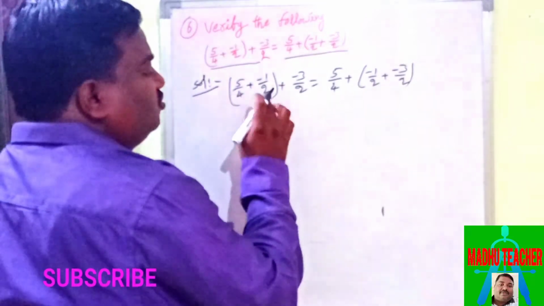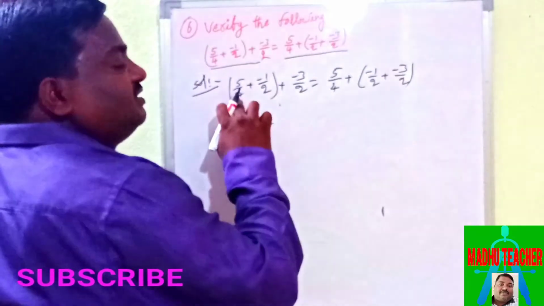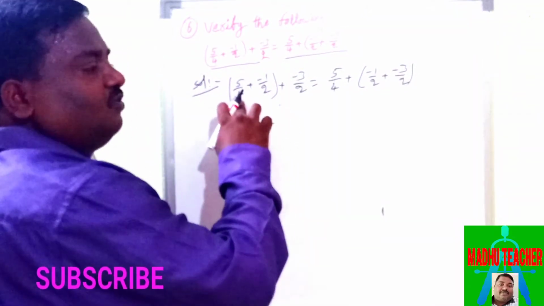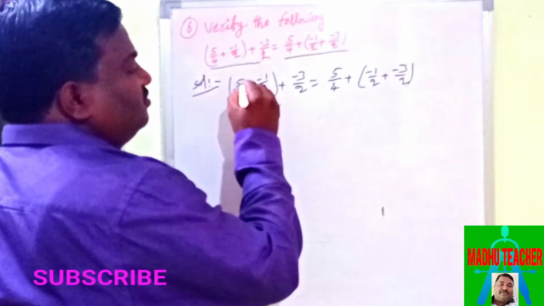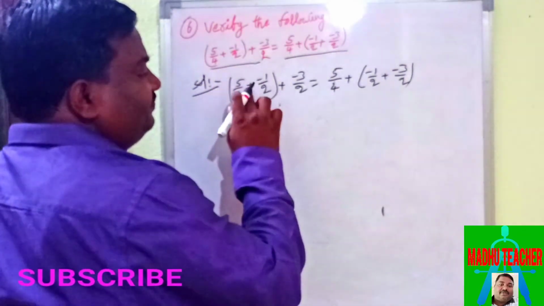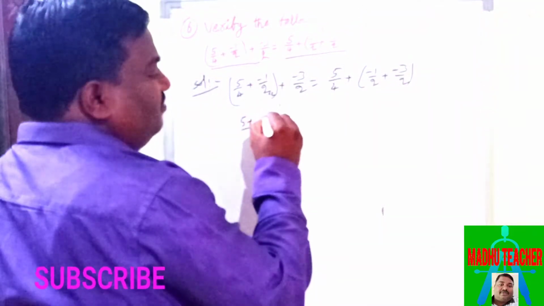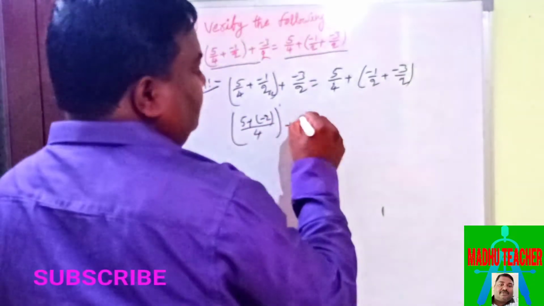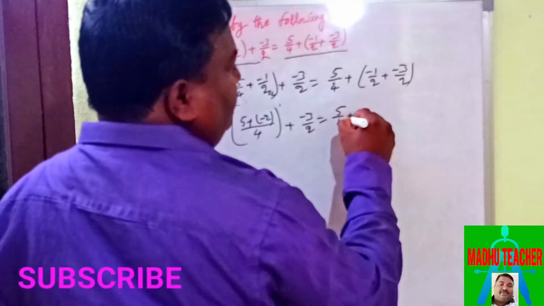-1/2. 4 and 2 LCM is 4 because 4 is the multiple of 2 or 2 is the factor of 4. So 4 is the LCM. So 4 1s are 4, so 5 1s are 5. 2 2s are 4, so 1 2s are 2, -2 plus -3/2 equal to 5/4 plus